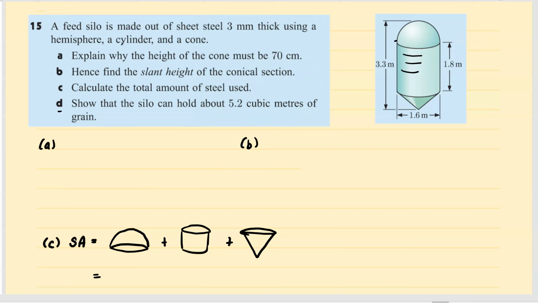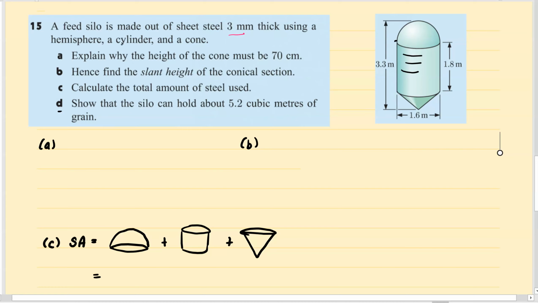Right, hi, this video is meant to help you get a bit of confidence with trying to do worded questions for surface area and volume. So if we have a look at this, this is from your textbook, question 15 in the reviews. We can clearly see we've got a 3D shape here. Find a feed silo that's made out of steel, 3 millimeters thick, and use a hemisphere, a cylinder, and a